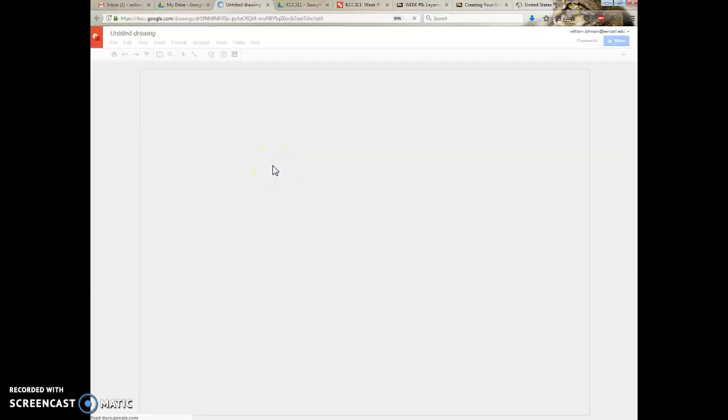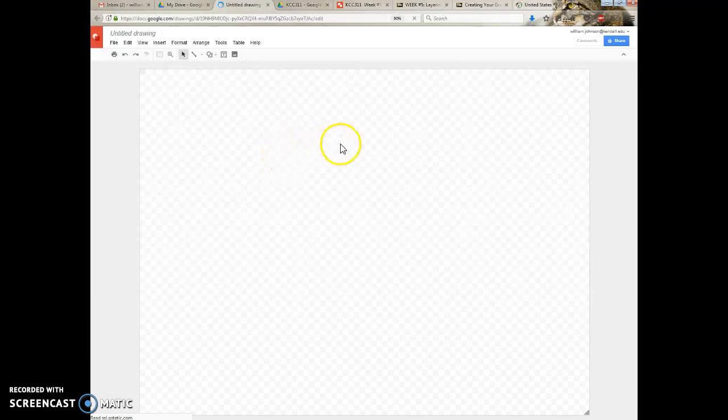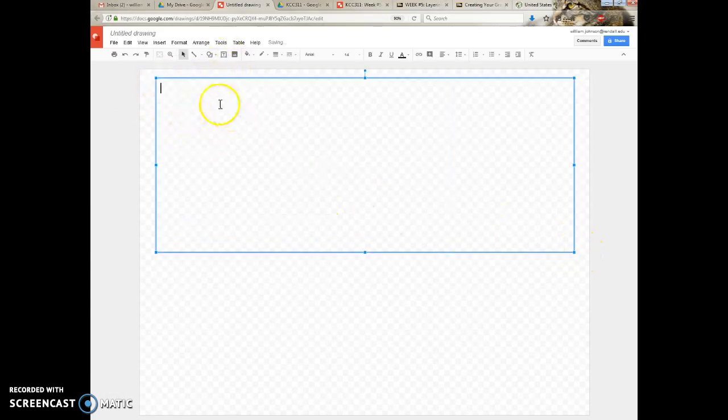Now, how come I like Google Drawings? It is a nice, simple way that I can create a layout on a page with different things, like the question, like the graphs, like the data, maps, all the good things. And how can I do it? If you just click T right here, that's a text box, and I can put it up here. I can make, okay, my question, I want to make that real big. So I go up here and make the font really big, and I say, question,